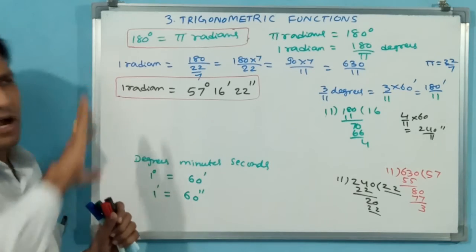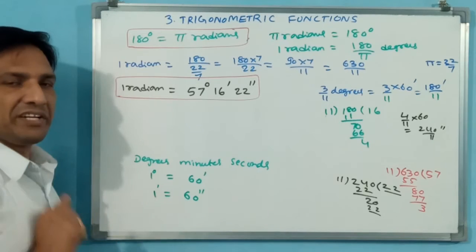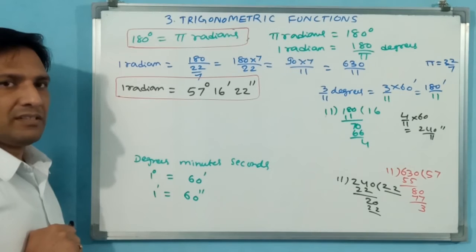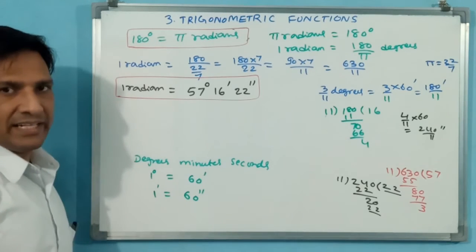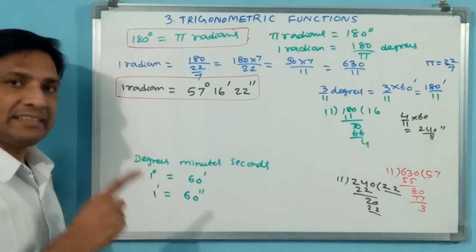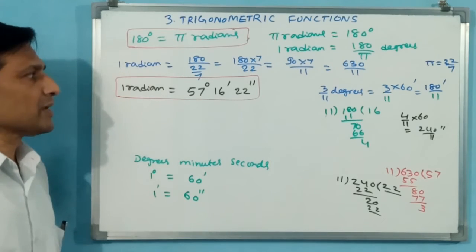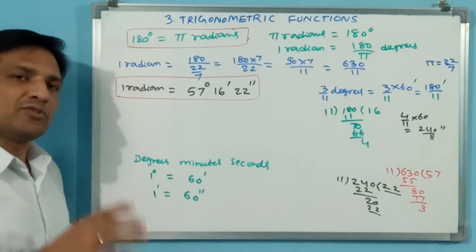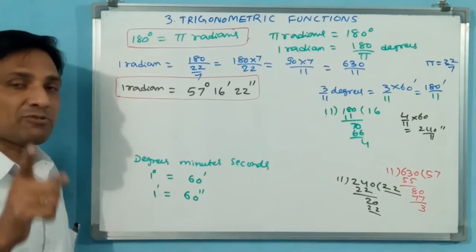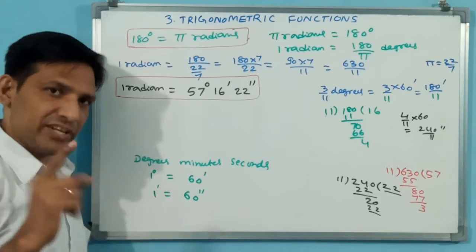Now, approximately, in broad terms, this is approximately 60 degrees. That means one circle has 360 degrees. Half circle is 180 degrees. Half circle is how many radians? More than 3 radians, less than 4 radians. You understand now? Why? Because, see, 57 into 4 is going to become more than 200, more than 210 or whatever it may be. But half circle has only 180 degrees. That means half circle has 3 radians.